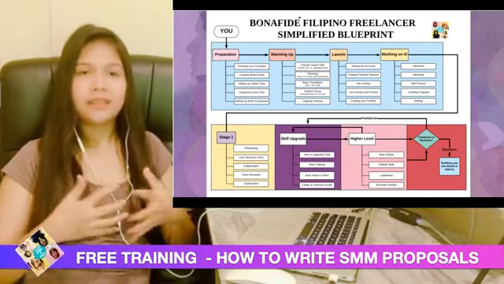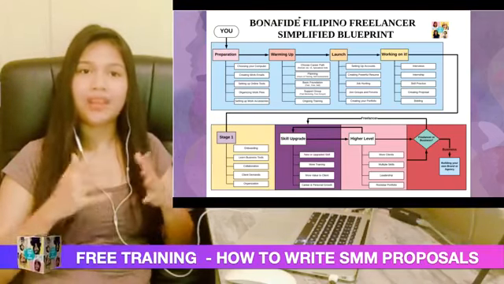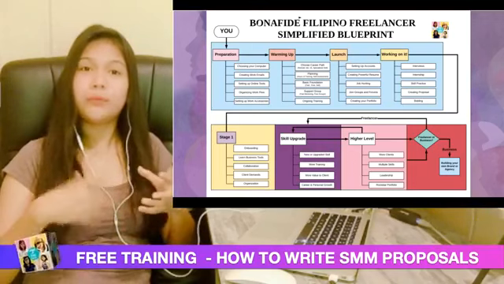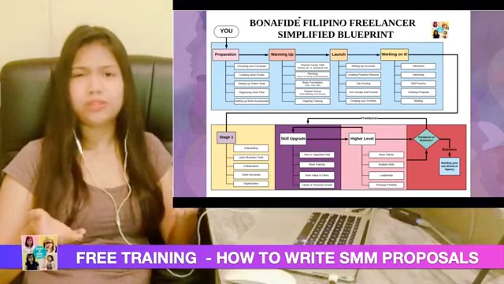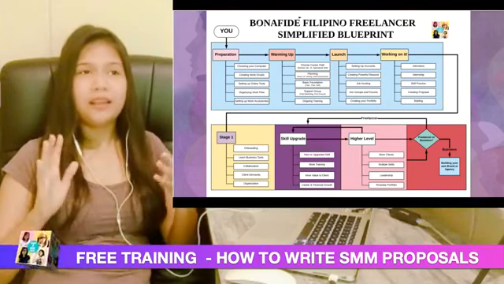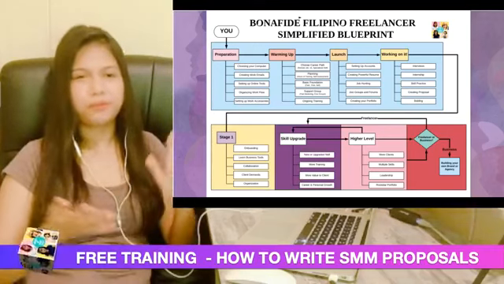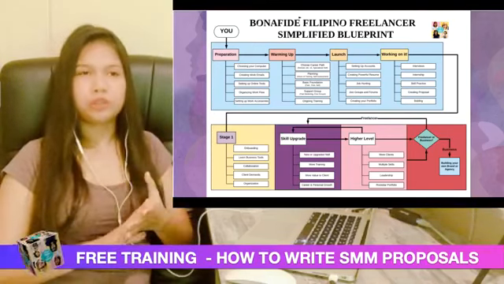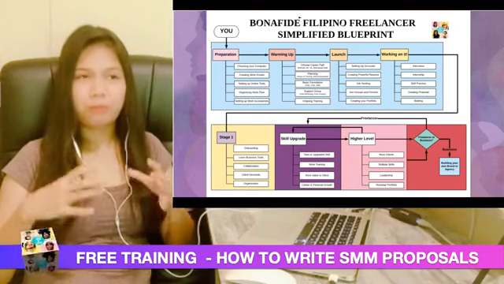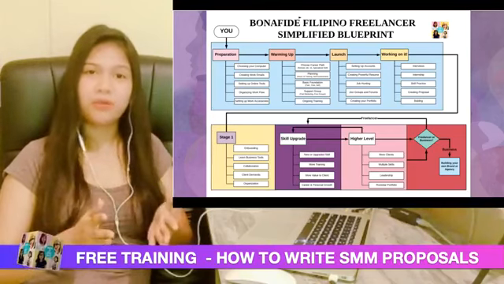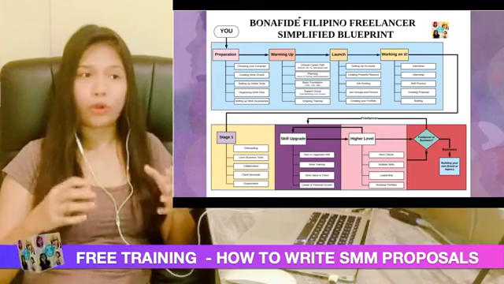Sa freelancing po, pag mag-work ka sa bahay, ang labanan po dito is yung experience mo or yung kaya mong gawin. It doesn't matter kung graduate ka or hindi ka graduate, which is actually good. Kasi kahit yung mga tao na hindi nakapagtapos because of financial problems or whatever personal issues, they can still get a career dito sa freelancing because dito, ang pinaka-importante po is kung ano yung kaya mong gawin for your client. And so, knowing that, you have to know what's really the process.